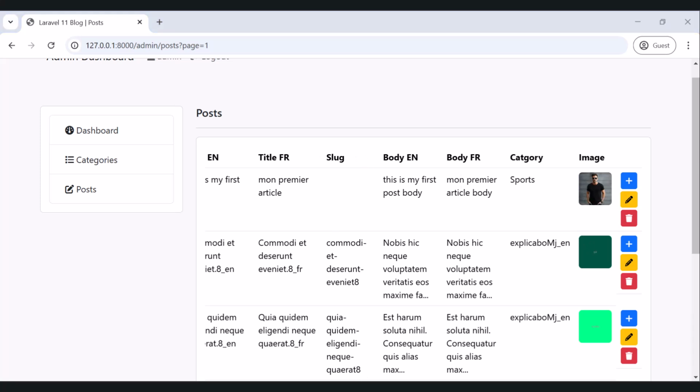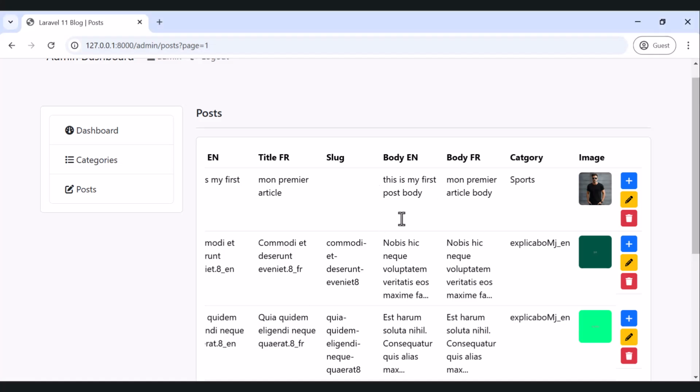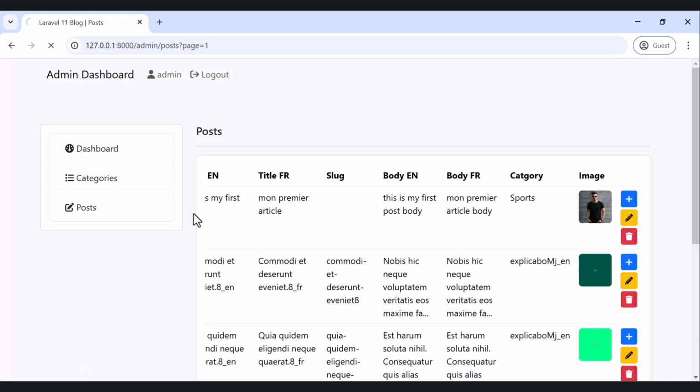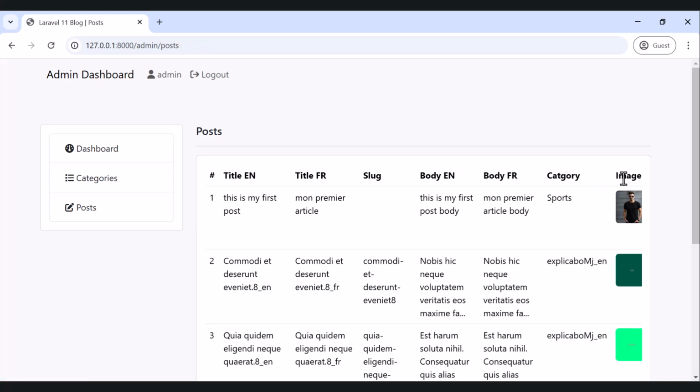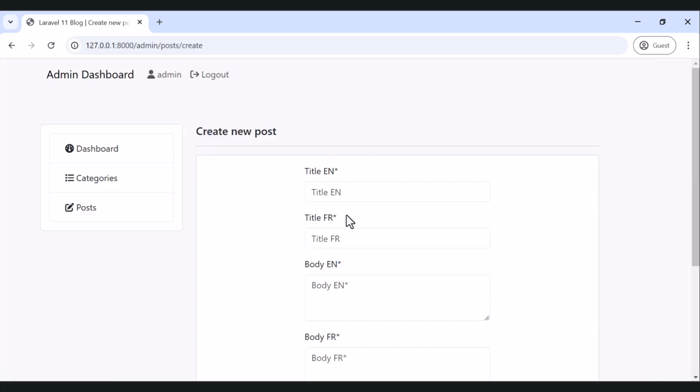And for the slug, the only problem that we had here is we used name. So now we have the title. So let's add another post, just to be sure that everything is working. Let's click here, and we can add: this is my second post, and here in French, and here also body,